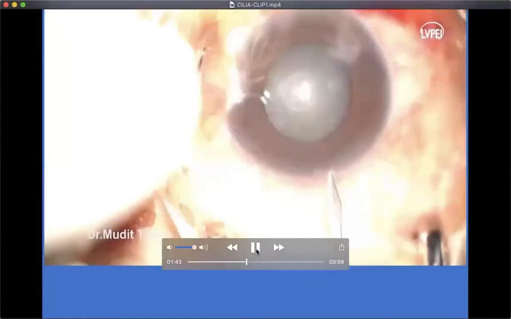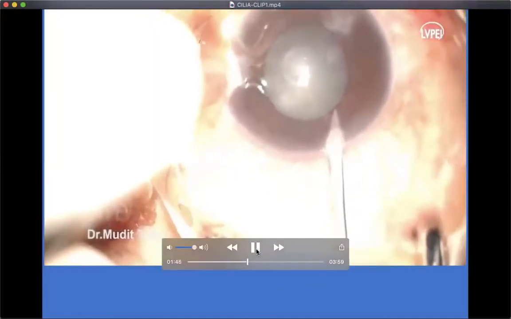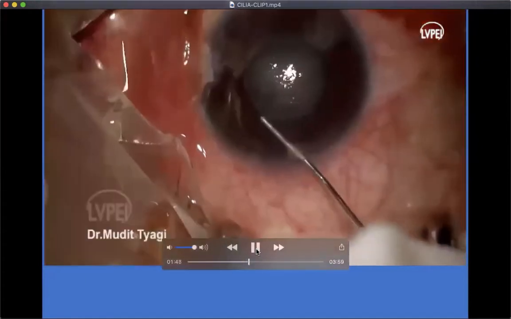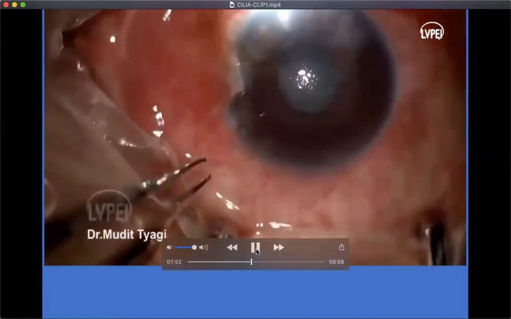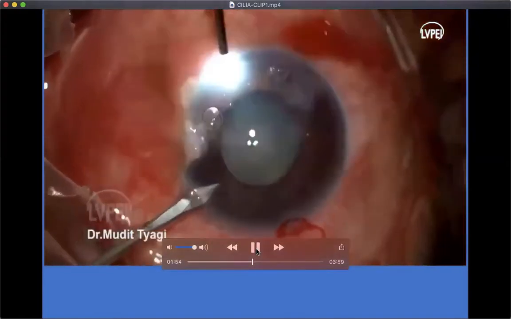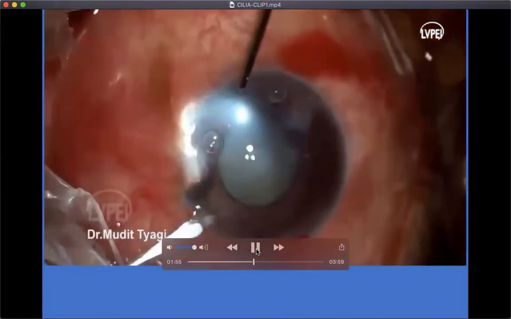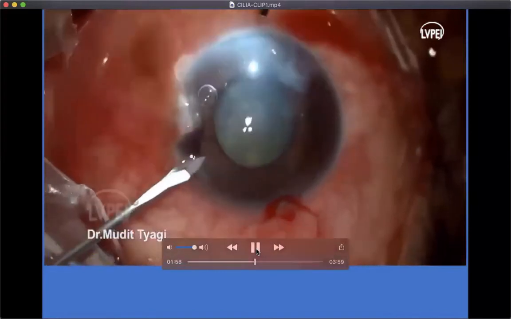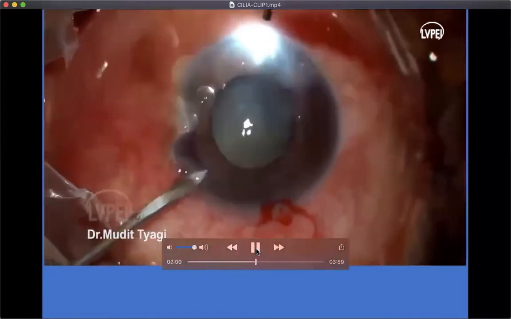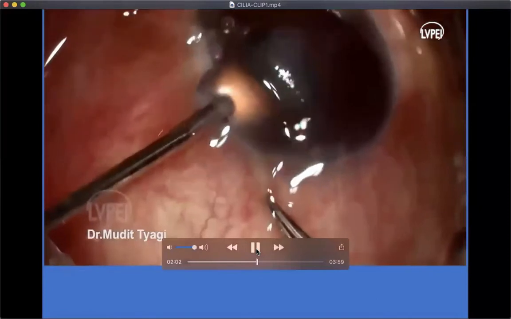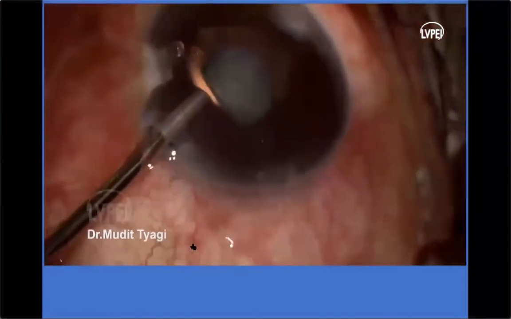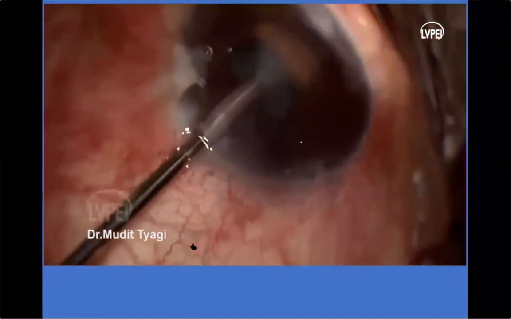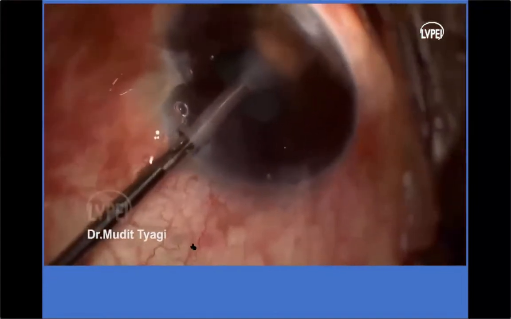So with the help of illumination, first of all the corneal changes were assessed. Subsequently, an AC entry was done and pilocarpine was injected initially to constrict the pupil. Another AC entry was made so that the endoscope could be inserted to visualize. Now mind you, this entry was made 180 degrees opposite to the area which had to be visualized. So from the opposite end now, the endoscope is being progressed.